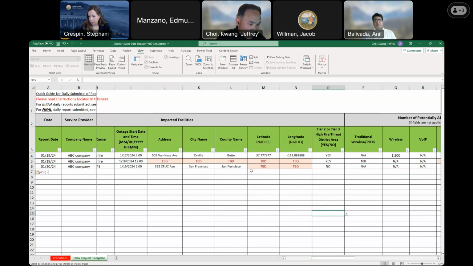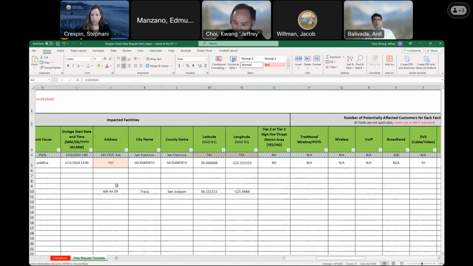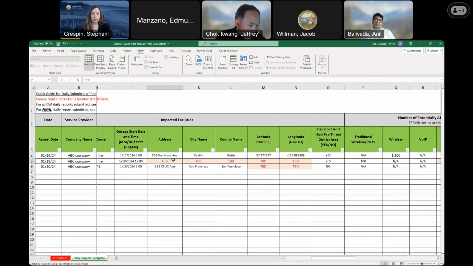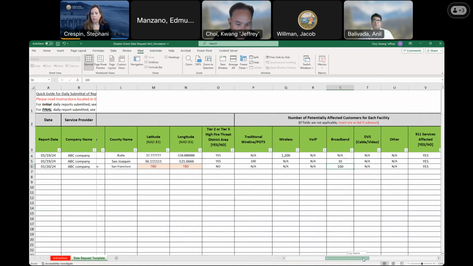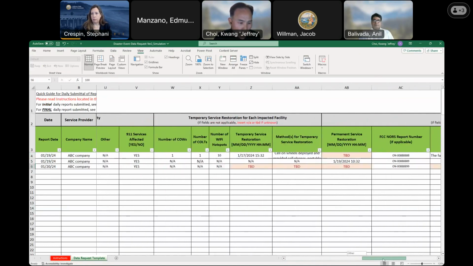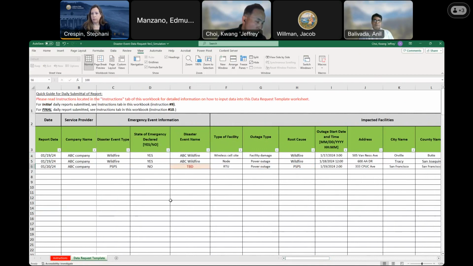So you didn't know this data, but you got to know it on the second day, then you can update the data. Actually, I prepared this one. Like this. And then, so okay, you know the number of the impacted broadband customers, and you can put the 10. And then you can send this as the second day, the day 2 data.